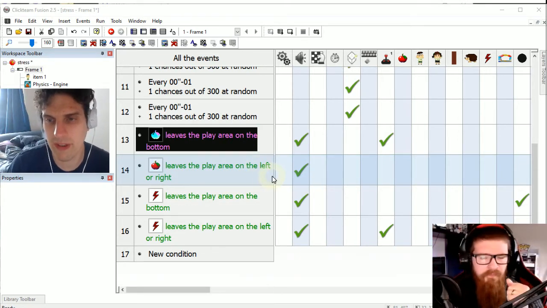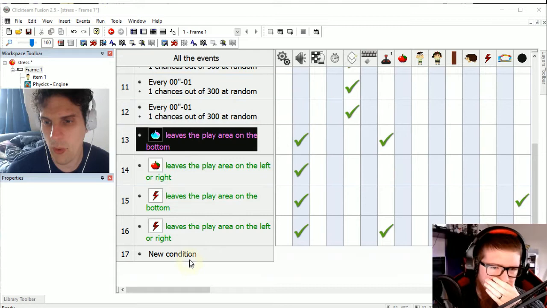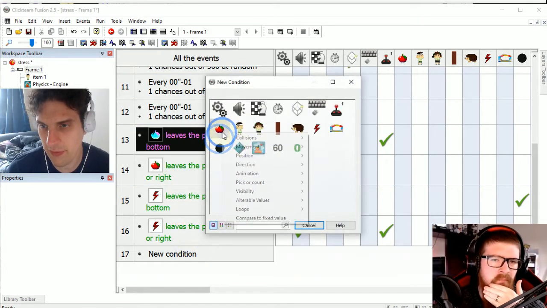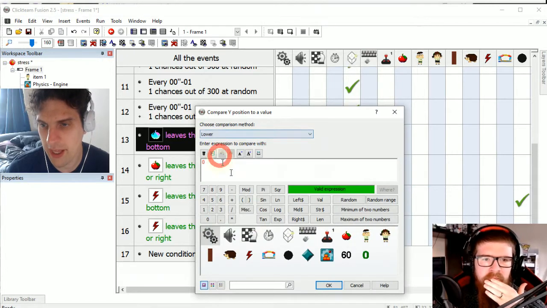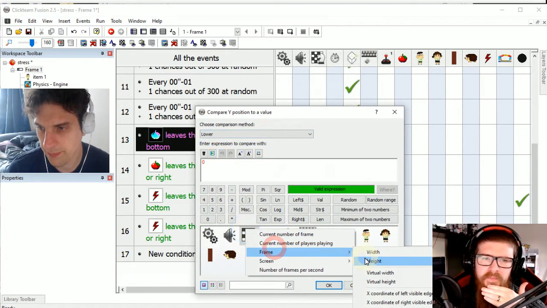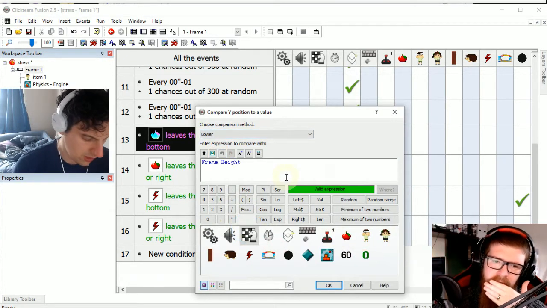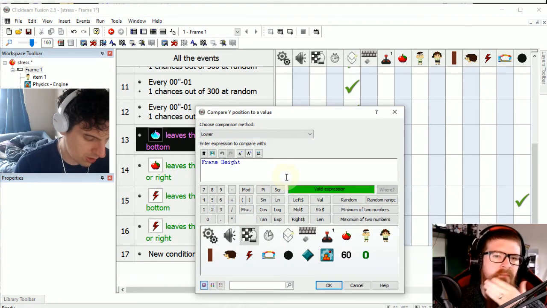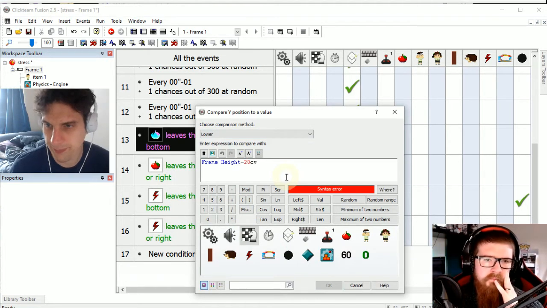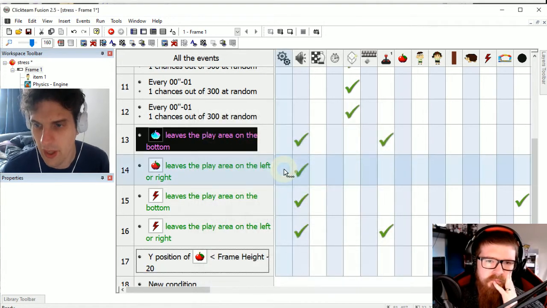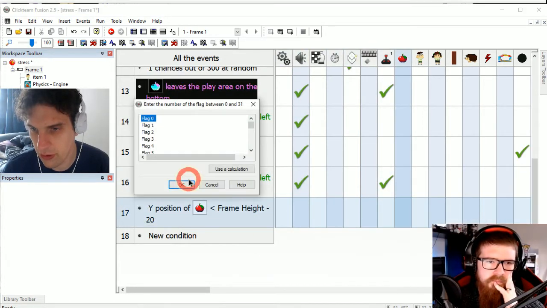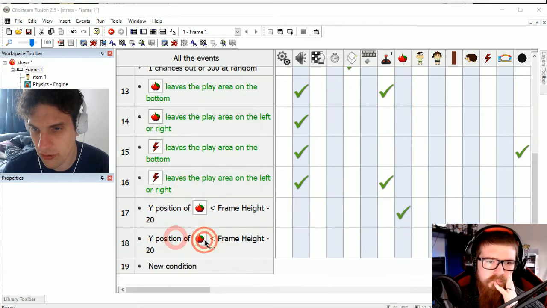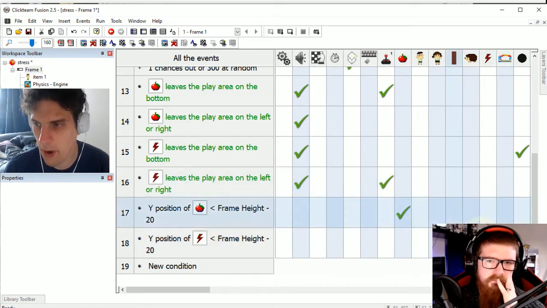So I think what we need to do is add a new condition: if any of the good stuff, if their Y position is going higher than the frame height, and let's give a border to it, higher than the frame height minus 20, then we'll turn a flag on, and flags are just switches, just to check. And we'll do the same for any of the hedgehogs. So they won't have a flag on unless they've come high enough onto the screen.